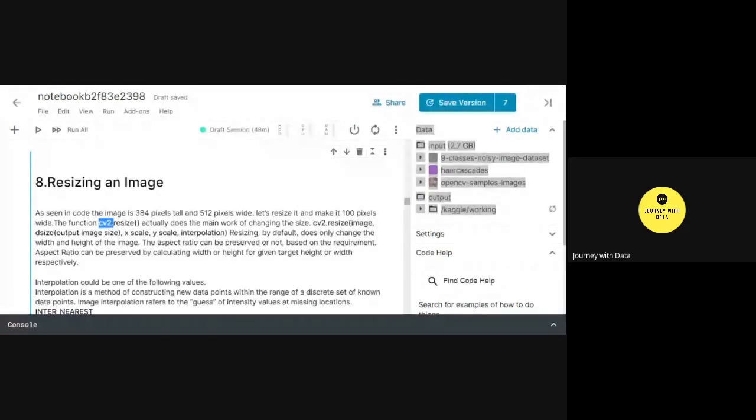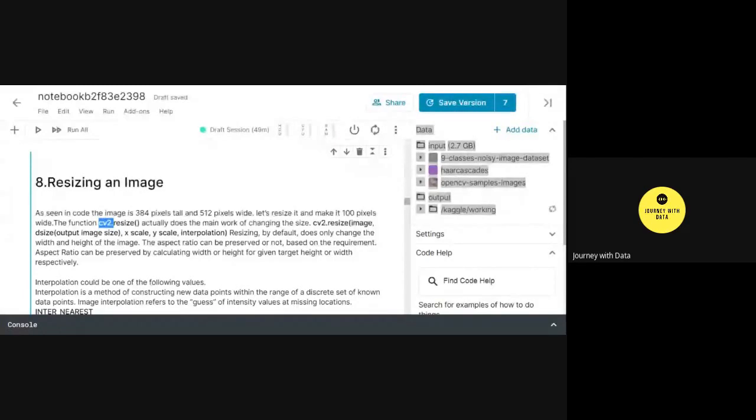Now the rescaling can basically be done in three ways. The first method could be rescaling along the x-axis, along a particular x scale, and then rescaling along the y scale. The third could be rescaling while preserving the aspect ratio.